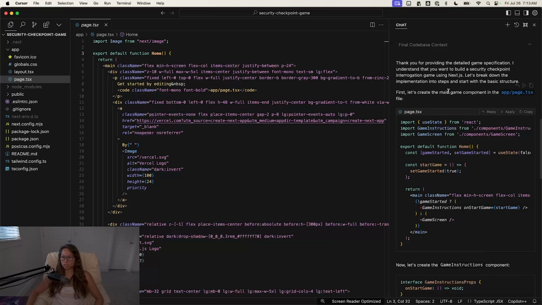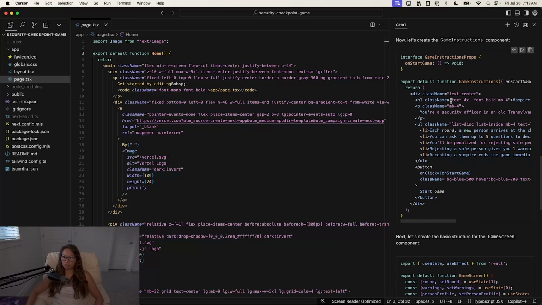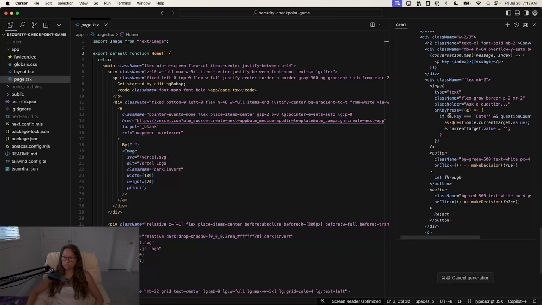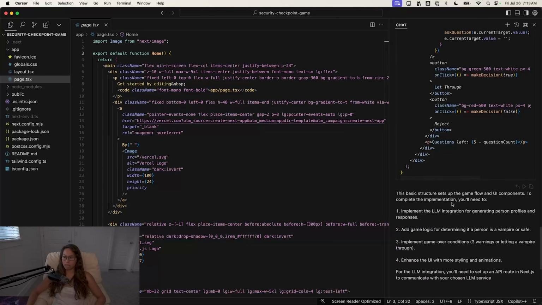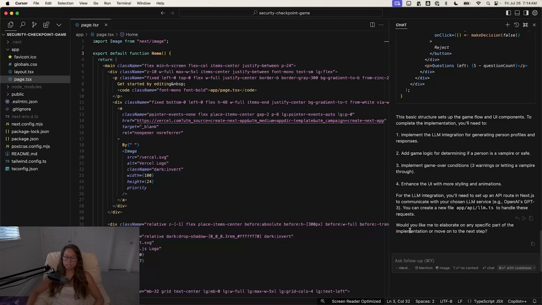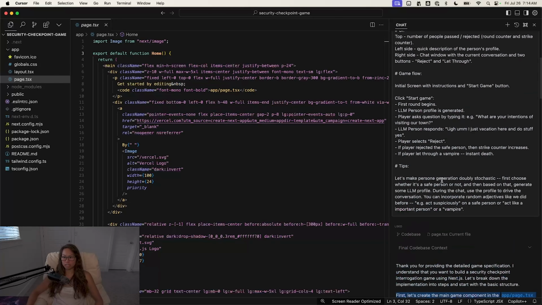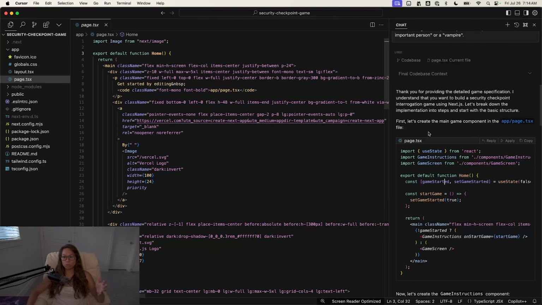So first it tells us to create the main game component, then create the game instructions, then create the basic structure for the game screen, which is going to be the main screen where you're playing. Okay. And here, notice that it didn't give us everything all at once. It just gave us the initial setup and then asked us if we want to move on to the next step. Okay, and so the cool thing for Cursor, and I'm going to go slow here for those of you who are new to using AI for coding,